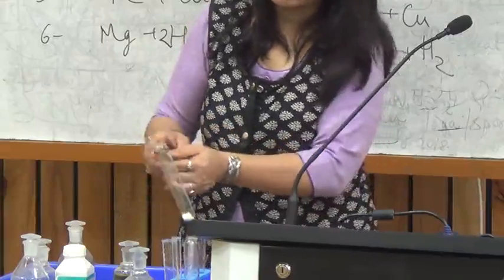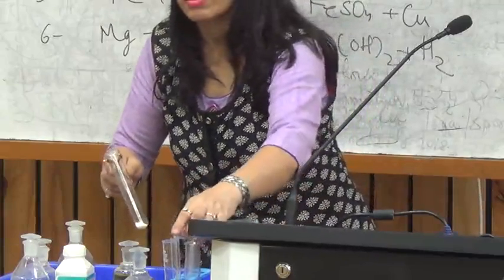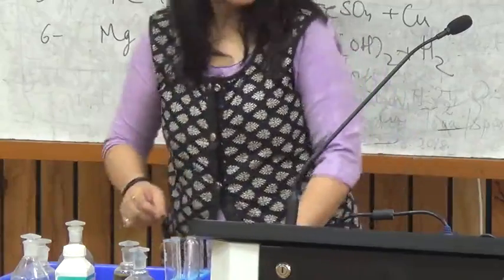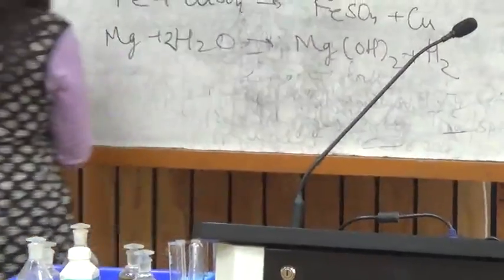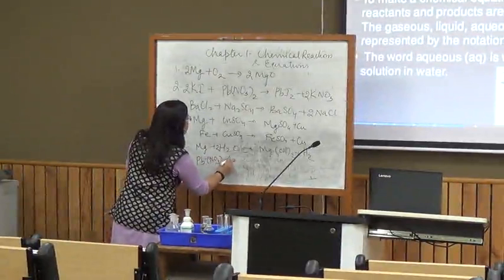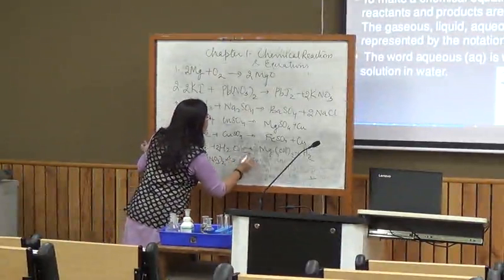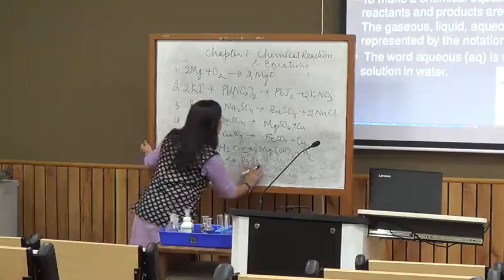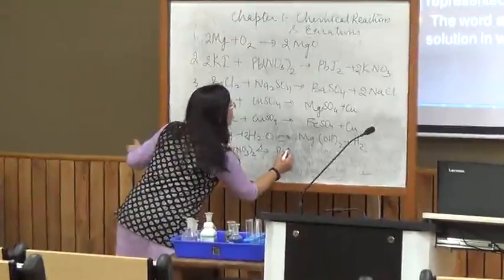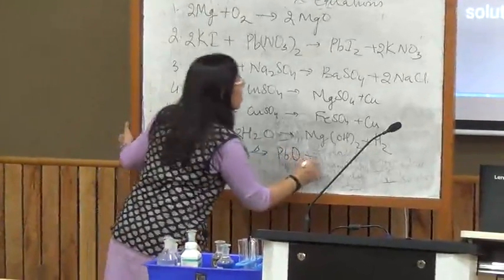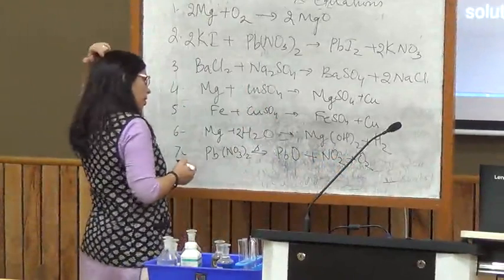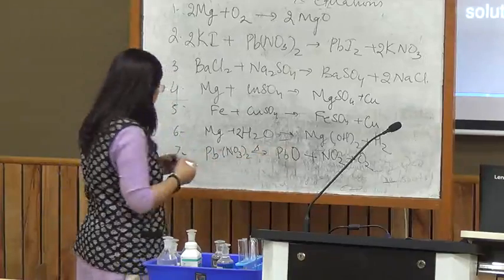So we are turning off the, putting it here. Let us look at what happened in this reaction. Lead nitrate on heating gives lead oxide, PbO. The valency of oxygen is 2 and that of lead is also 2. There is evolution of nitrogen dioxide and oxygen. And the reaction is balanced.